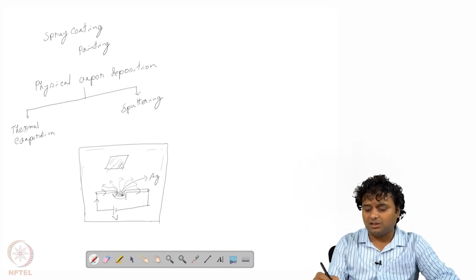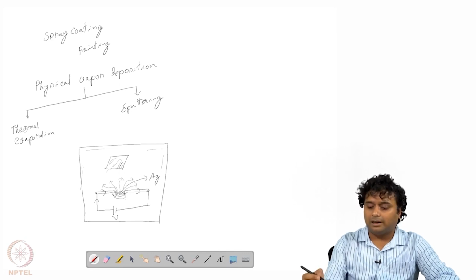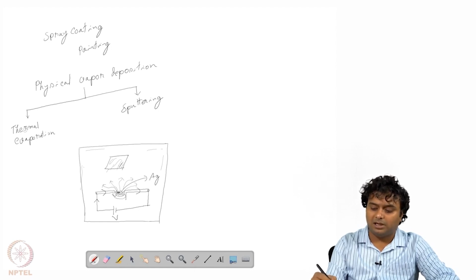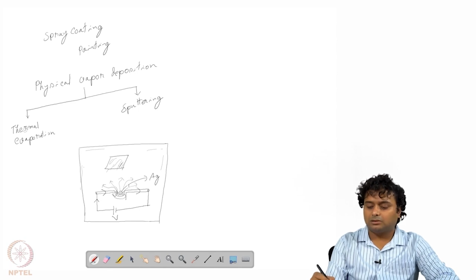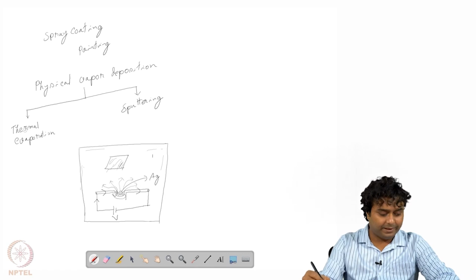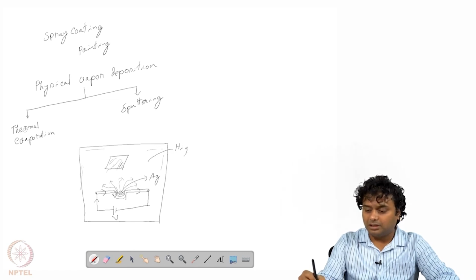Now it depends on how much current or how much temperature we are using for melting it, what the distance between the boat and the sample is, and also what the pressure inside the chamber is. We need to use very low pressure, because otherwise, if we try to melt this inside air, it will be oxidized and also change its properties, right, and the holder also will get damaged. So because of that we create a high vacuum inside the chamber,